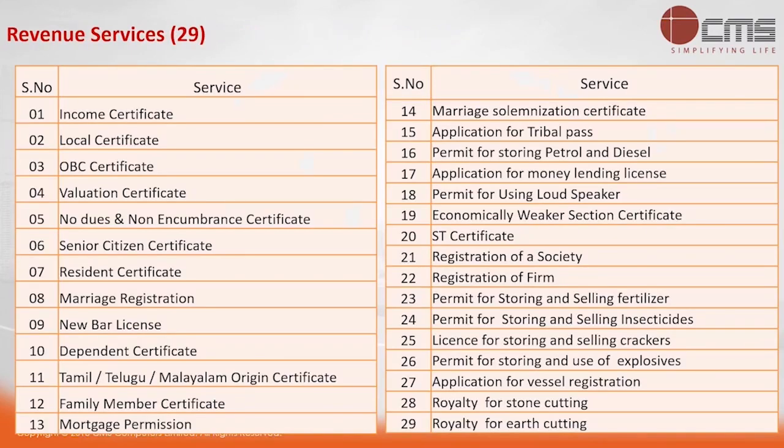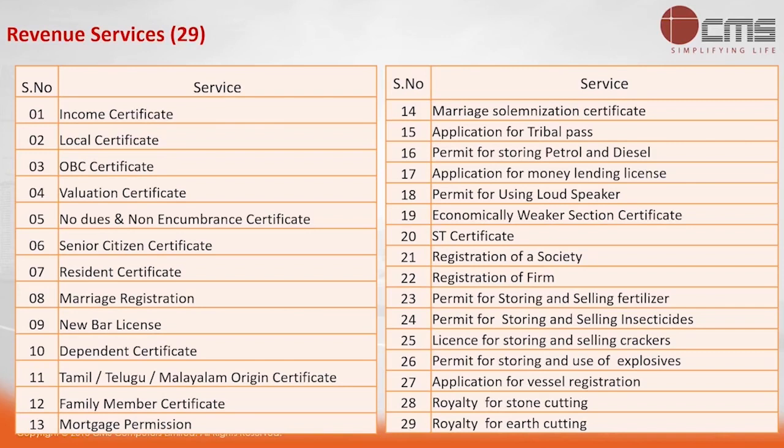Here's the list of all G2C e-services developed, implemented, and deployed in the eDistrict portal. Revenue Services, 29. Income Certificate, Local Certificate, OBC Certificate, Valuation Certificate, No Dues and Non-Encumbrance Certificate, Senior Citizen Certificate, Resident Certificate, Marriage Registration, New Bar License, Dependent Certificate, Tamil, Telugu, Malayalam Origin Certificate, Family Member Certificate,